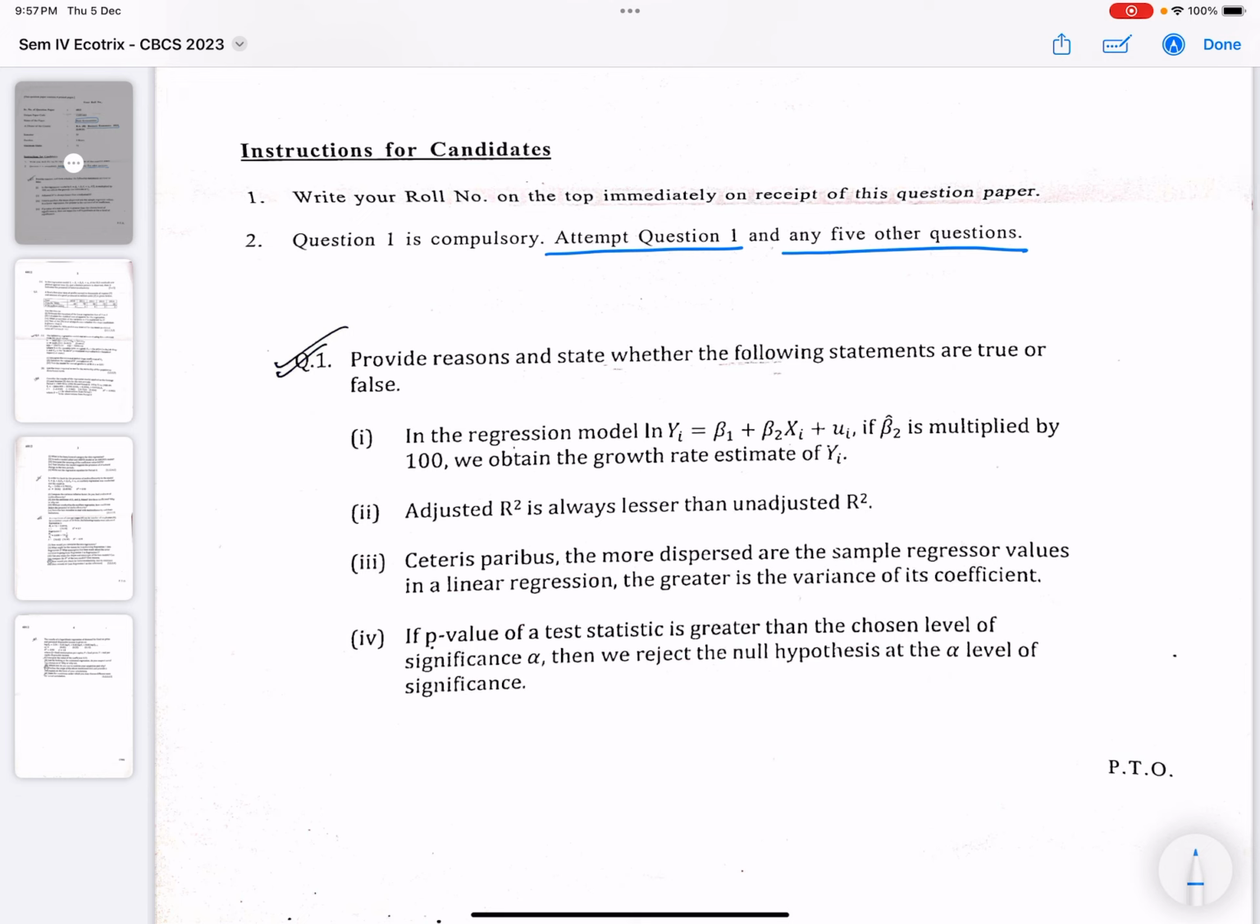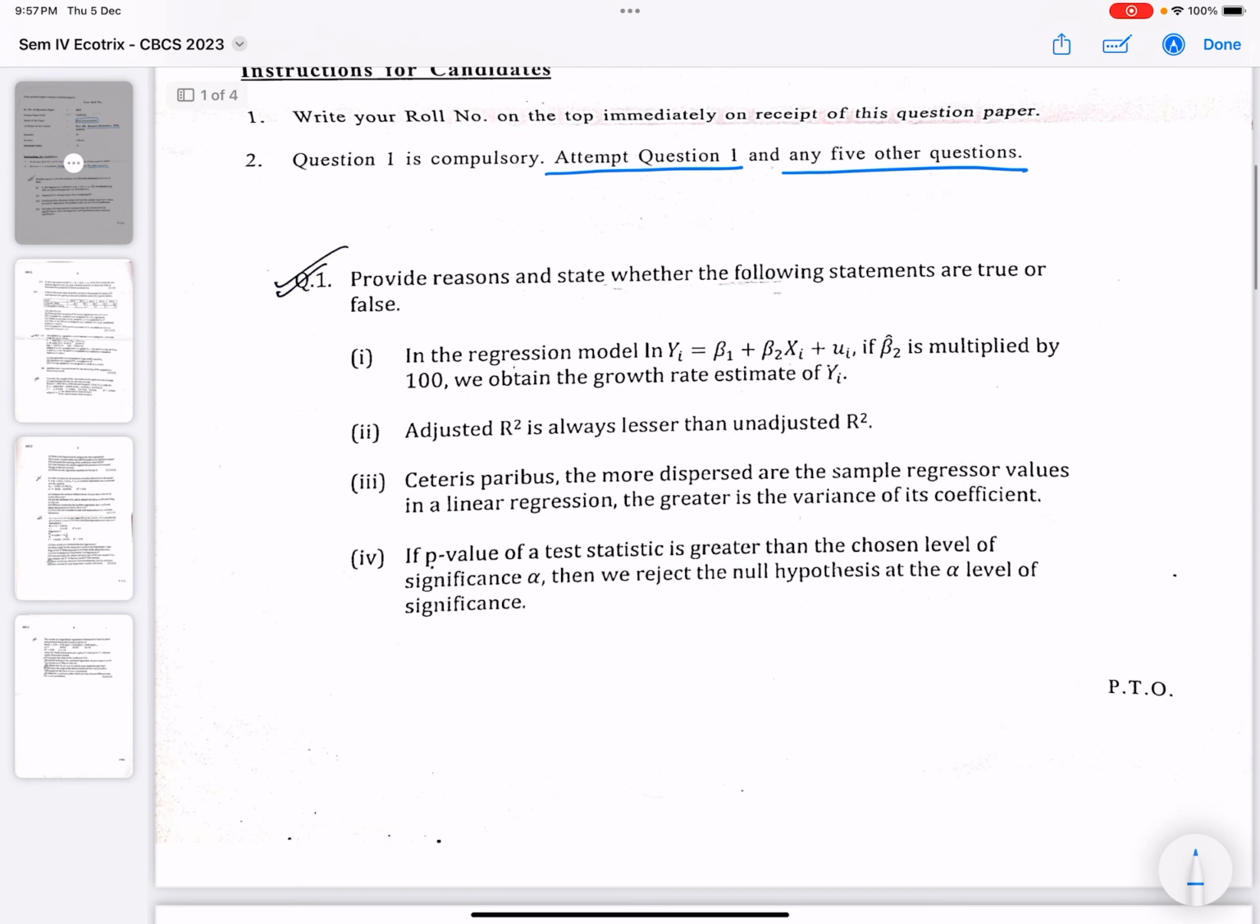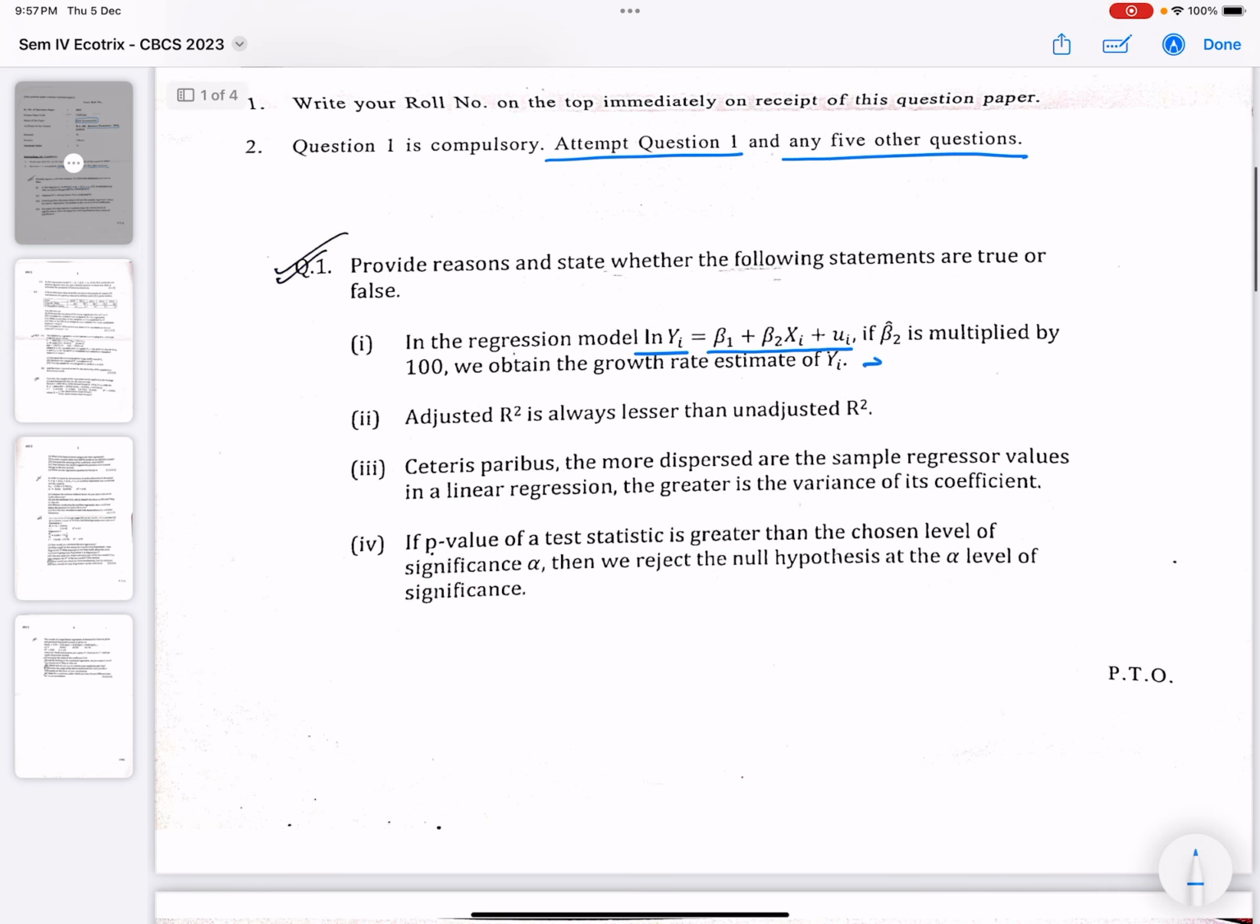Provide reasons and state whether the following statements are true or false. In the regression model, log y equals beta 1 plus beta 2 xi plus ui. If beta 2 is multiplied by 100, we obtain the growth rate estimate of yi. So we know this statement is true,